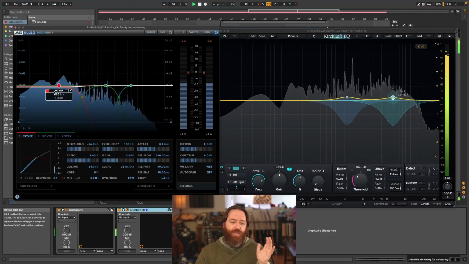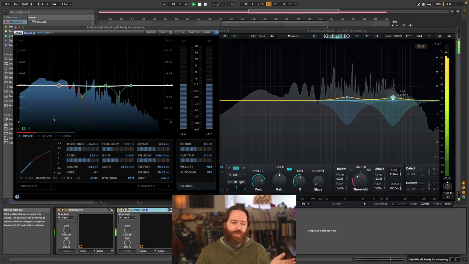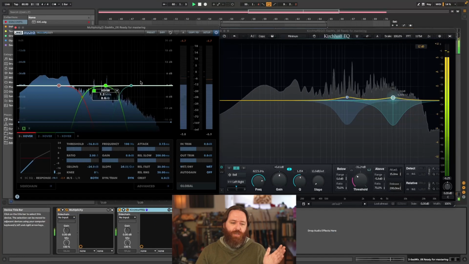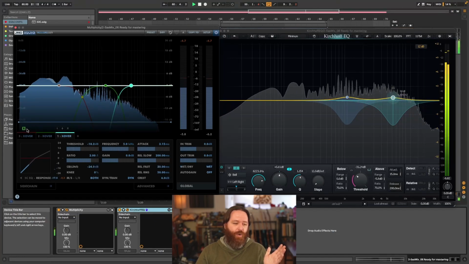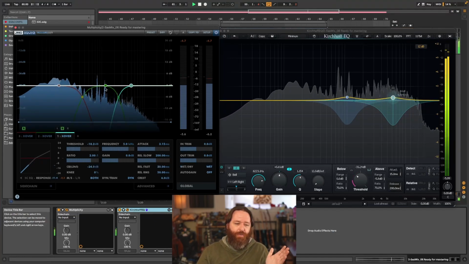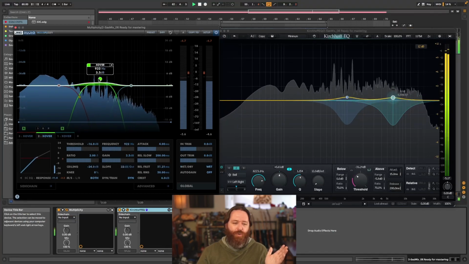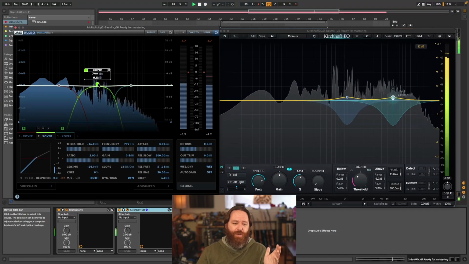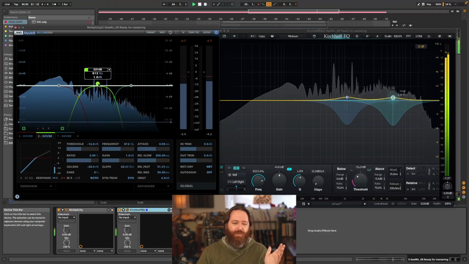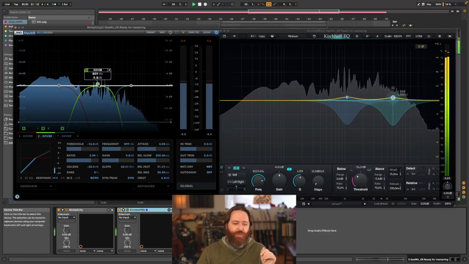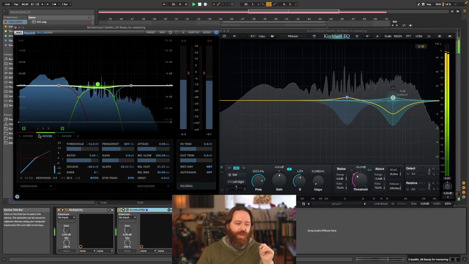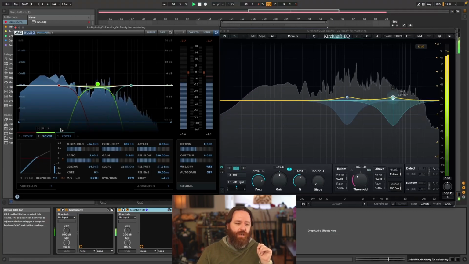Now, obviously, you can bypass the different sections, and you could say, hey, I only want to be affecting the middle, and now it's kind of a dynamic EQ because I'm only affecting this area, but that's not what it's really made for. And on this one, one of the reasons I really like Multiplicity is I can